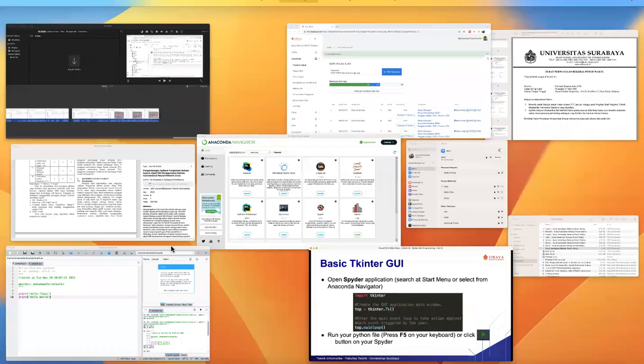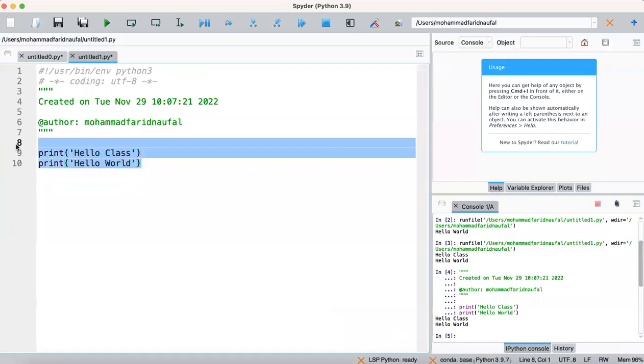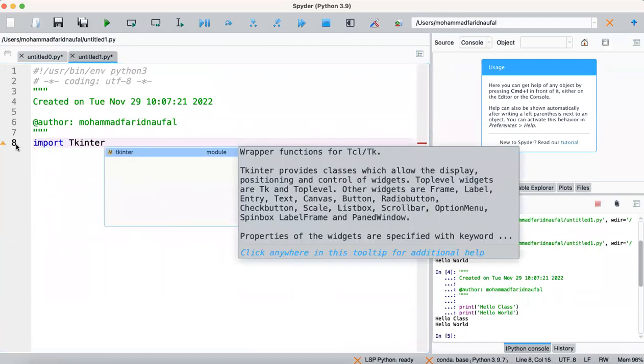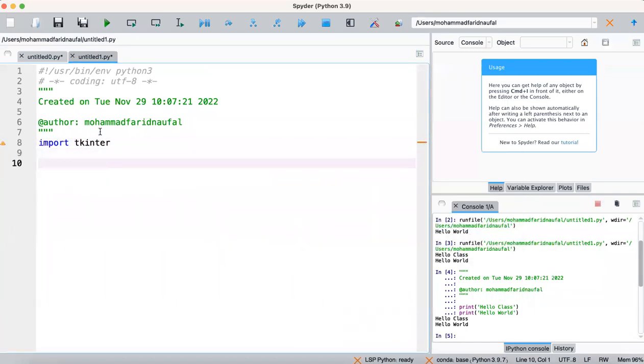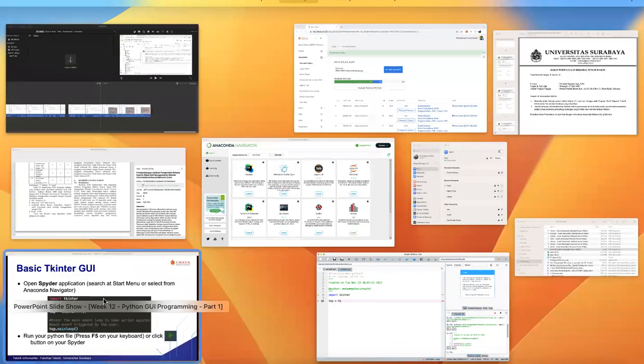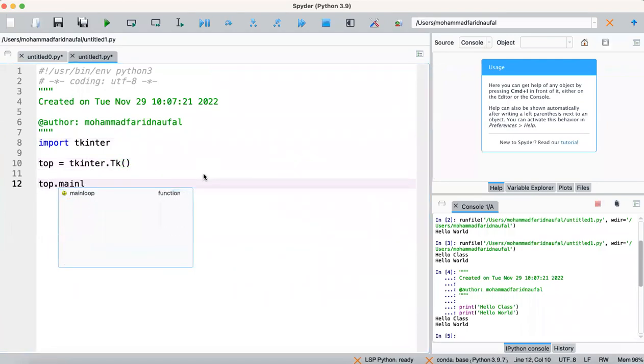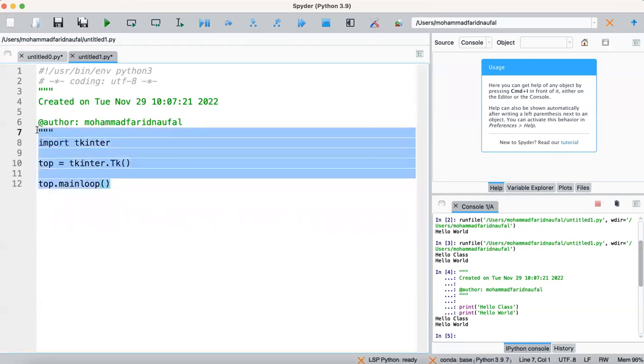Let's try to import tkinter here. Import tkinter, then we create a variable top equal tkinter.Tk, then we call top.mainloop here. It will create a window form in our Python.